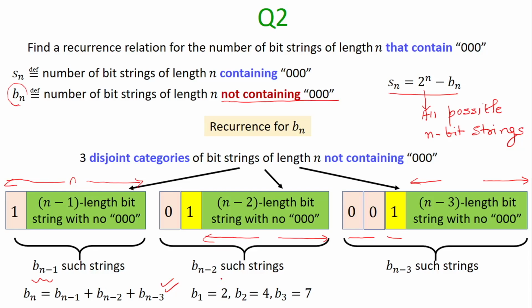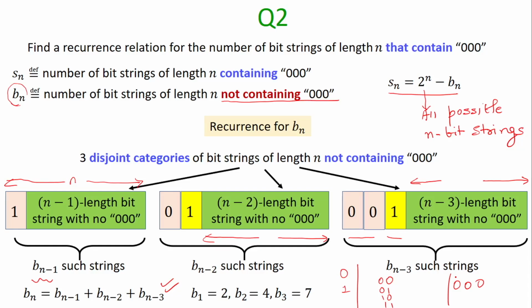B of 1 will be 2 because both the string 0 as well as string 1 do not have any occurrence of triple zero. If I consider B of 2, there will be four strings of length 2 which do not have any occurrence of triple zero, right? And if I consider B3, then there are seven strings of length 3, namely all the strings except 000. All other strings of length 3 do not have any occurrence of triple zero, and hence B of 3